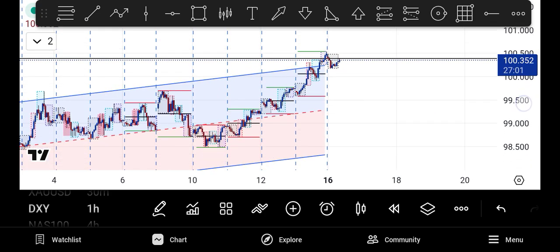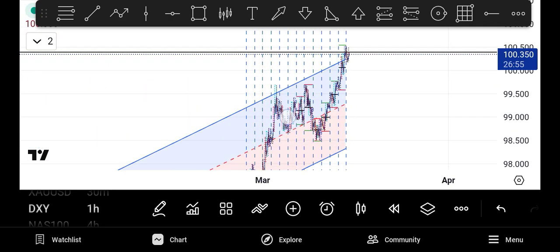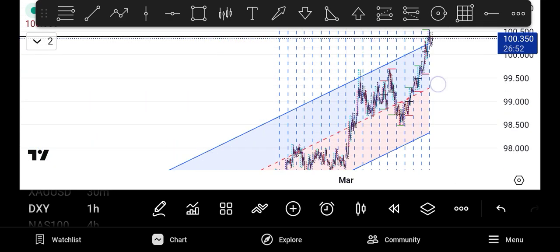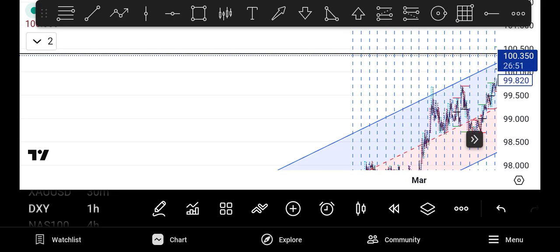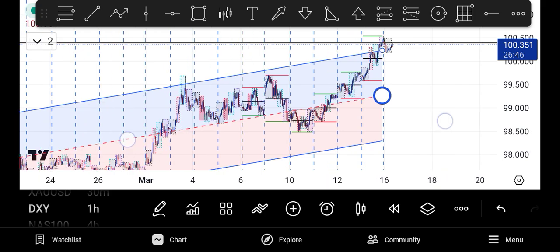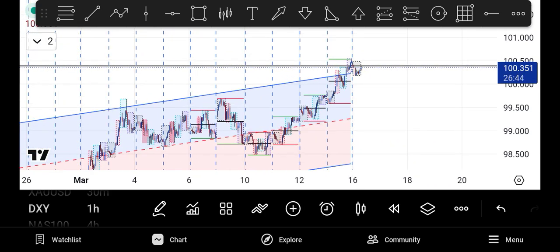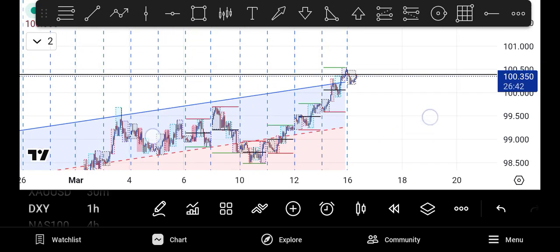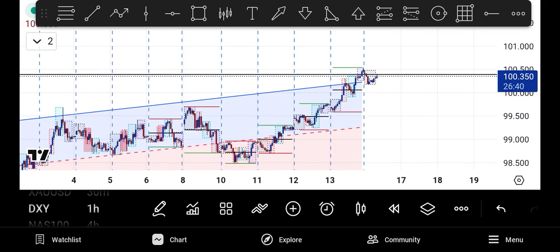So to the dollar, guys, the dollar is bullish. Dollar's been bullish. This line over here is a previous area. I don't want to get into that right now because I want to make it as quick as possible, guys. So we are bullish on the dollar. I would be looking for the dollar maybe to start rallying right now